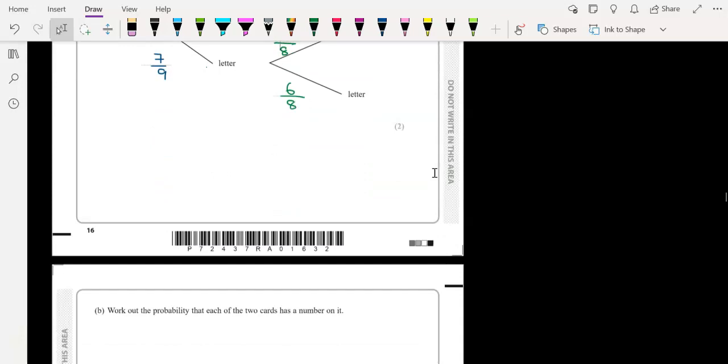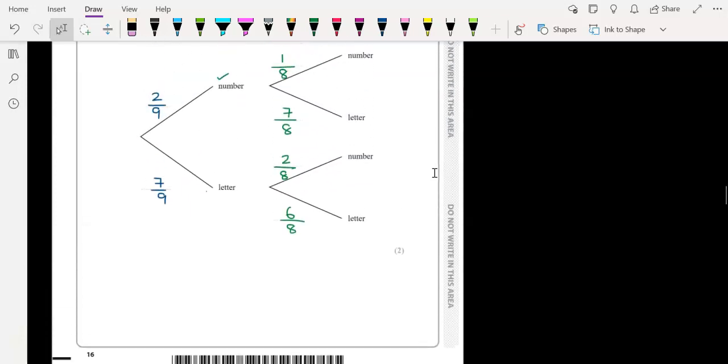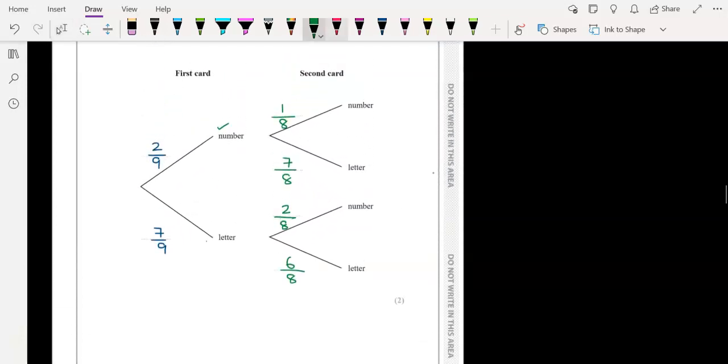First question is, work out the probability that each of the 2 cards has a number on it. So we need a number card in both attempts. If you look at the diagram, I need a number card in the first attempt as well as in the second attempt. Since it is AND, we need to multiply both probabilities. So probability of both number cards, number and number,